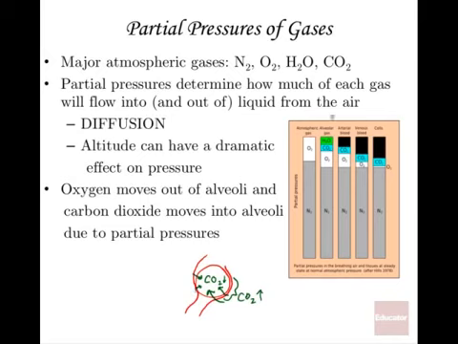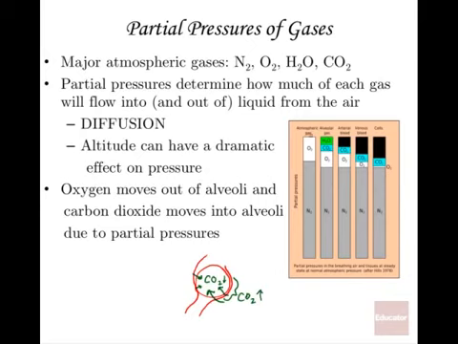If you look at this particular graph here, it shows you in the different parts of the atmosphere and in the body how the partial pressures work. Notice with nitrogen, it's almost the same throughout. In the atmosphere, the partial pressure of nitrogen is a little greater than within the body. It doesn't change much in the body. Nitrogen is such a major part of the gas that we inhale and a major part of the gas found in the bloodstream that it's not going to change that much.